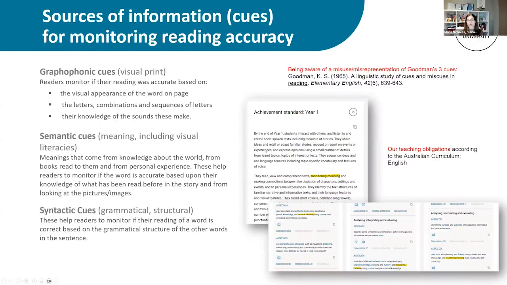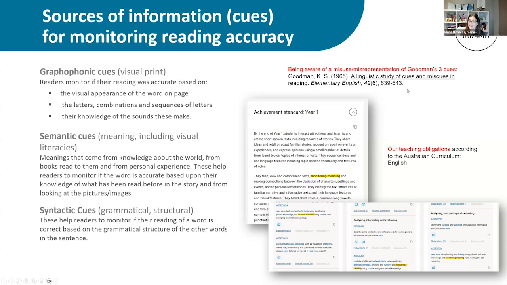Now, this is really important as well. This one has been really controversial over the last few years. It's called the 3 cueing system, and it's controversial for a very, very good reason. It would be great for you to talk to your teachers about it and see if they've heard the controversy and they've got opinions based on it as well. It originated from this research that I put the citation there on the slide for you from 1965.